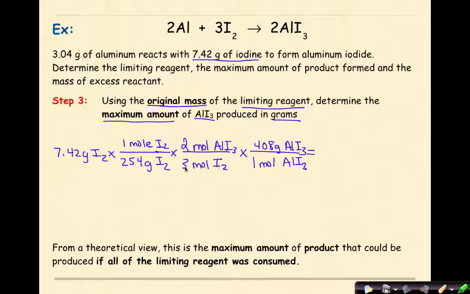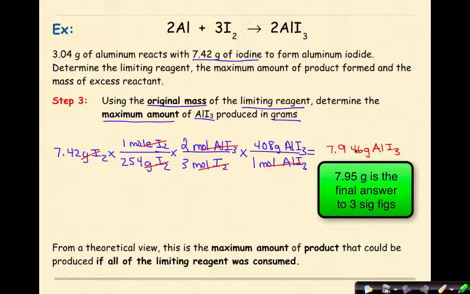So if I work this out, and I know I'm on the right track, if I can go through and cancel my units, moles of I2, moles of I2, moles of AlI3, moles of AlI3, I'm left with grams of AlI3, which I want in the end. And if I work this out, my mass of AlI3 is 7.946 grams of